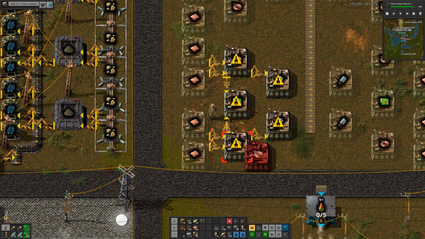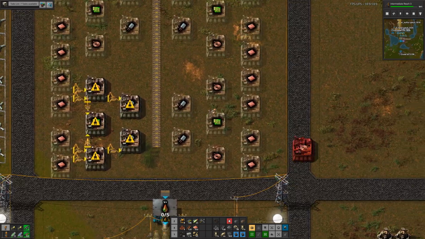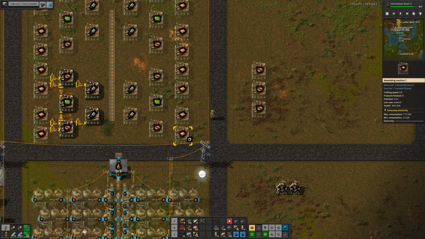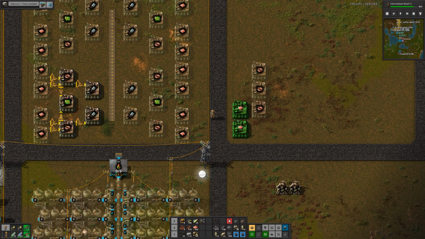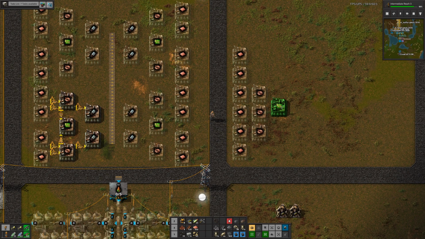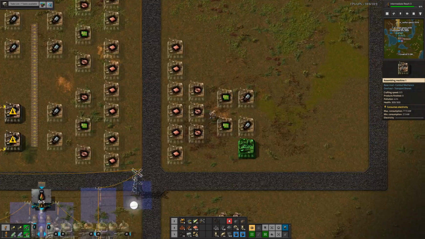Alright. Let's look at this again. I have 3 of those. Which means I have 6 of these. Which lets me do 2 of these. Requires 2 of these. And...